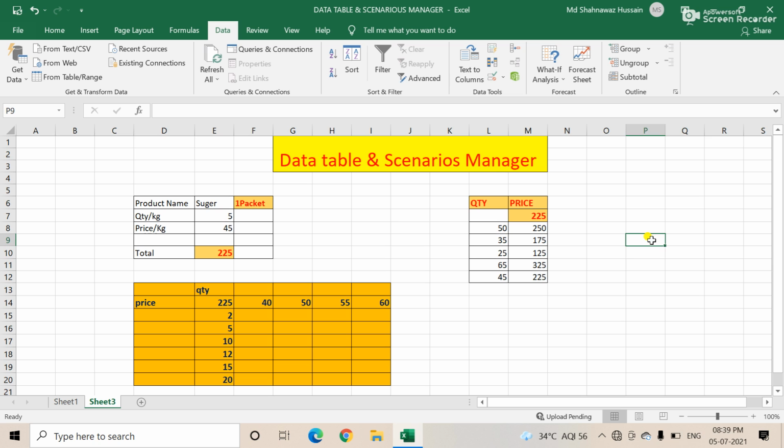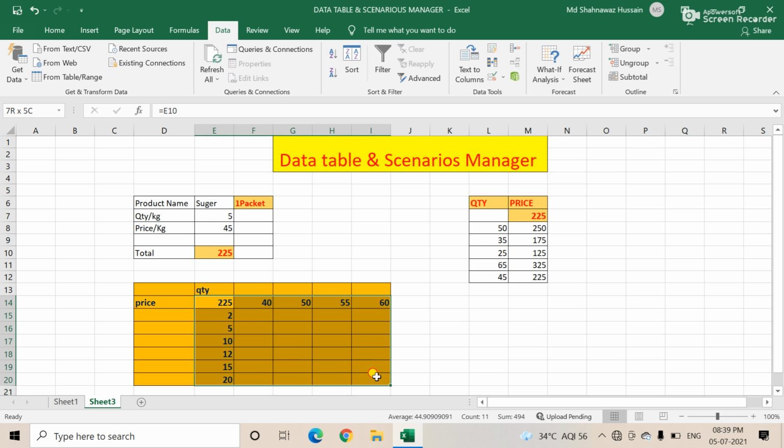And the next one is an example. See here the price is there, 2, 5, 10, and the quantities are 2, 5, 40, 50. So we are going to calculate. How to calculate?